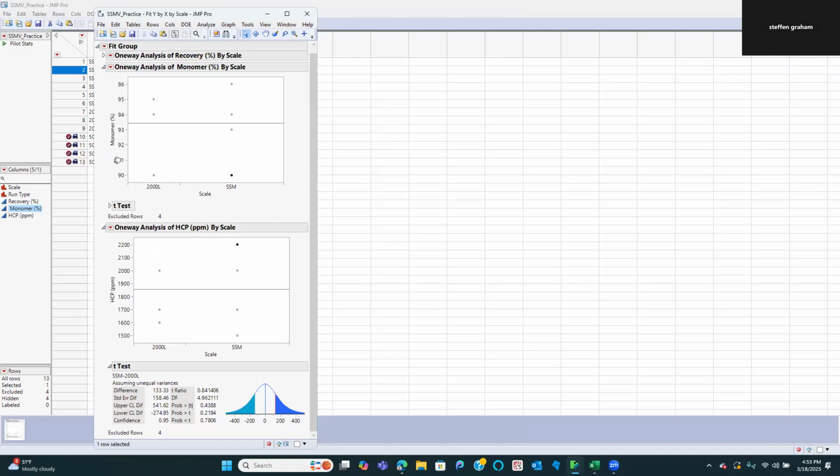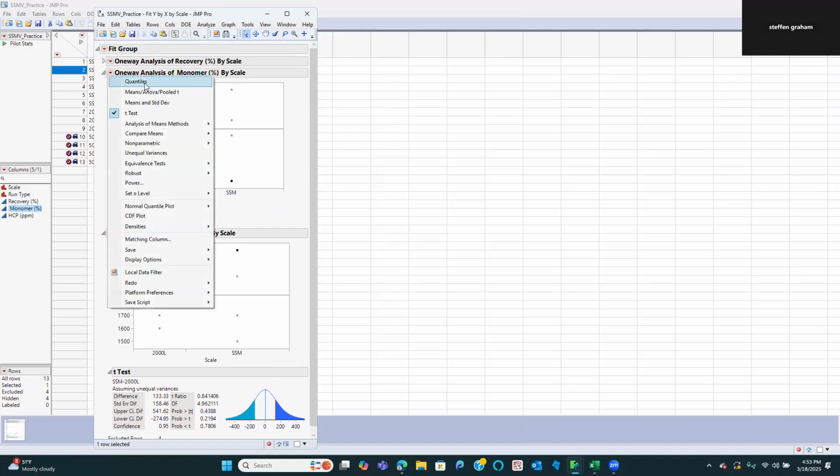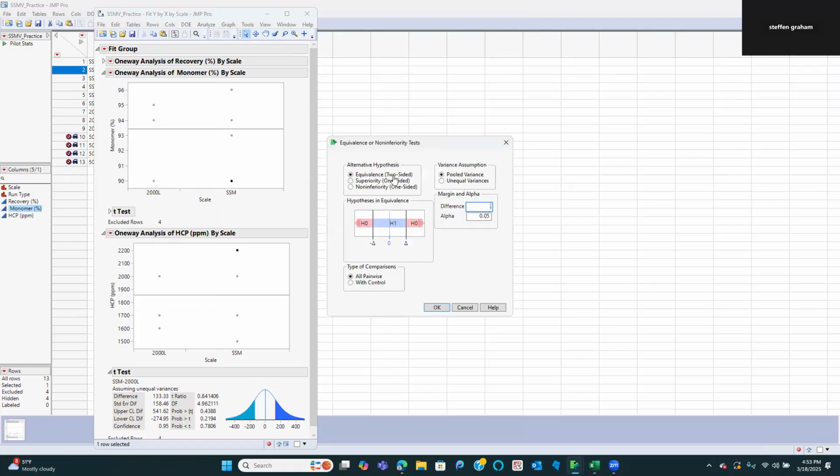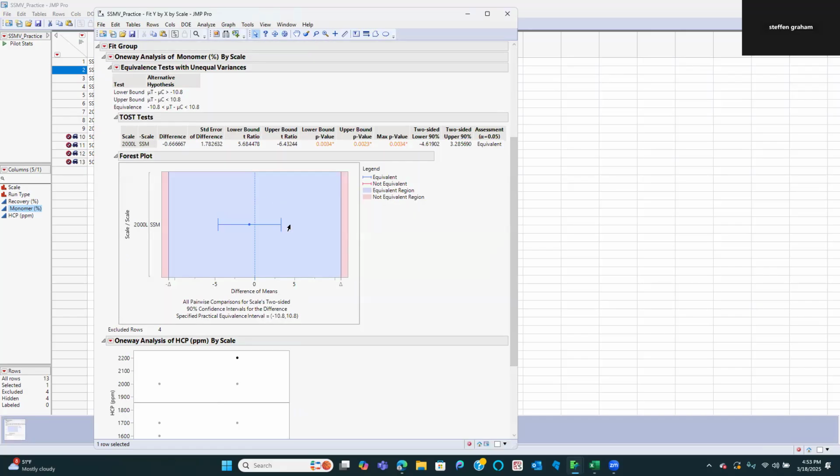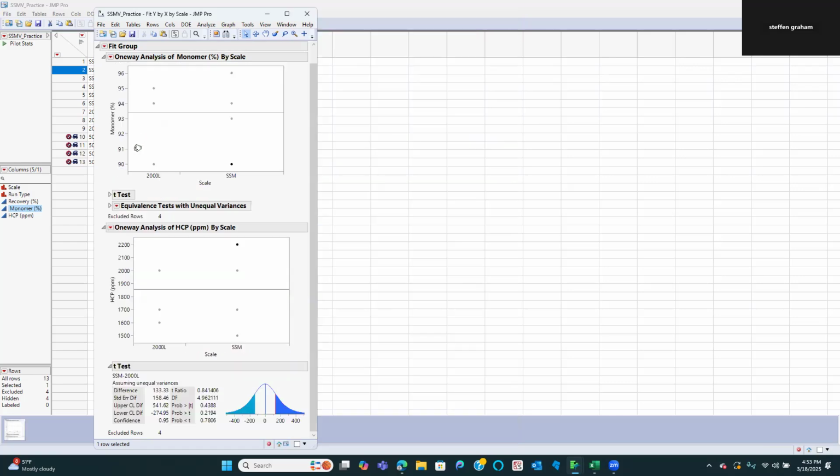So we can just run through these other ones really quick and I guess then wrap up the video. So equivalence. For monomer, we'll do the means, unequal variances. The equivalence margin we're using is also 10.8. That was 3 times the standard deviation. And in this case, at that 10.8, we're well within the equivalence margin, and the p-value is below our threshold, so we're equivalent. And now we can check